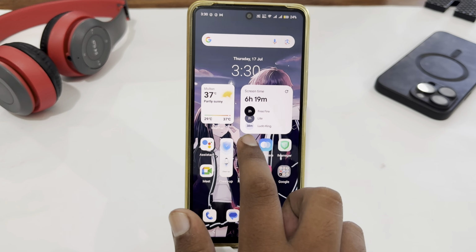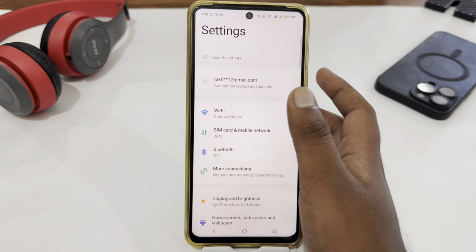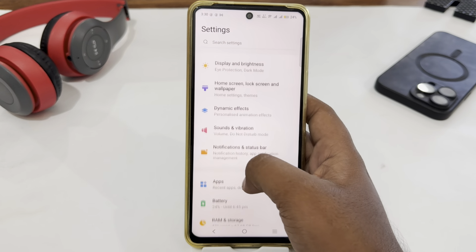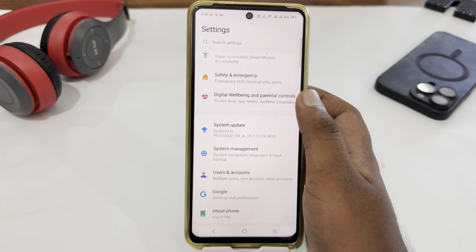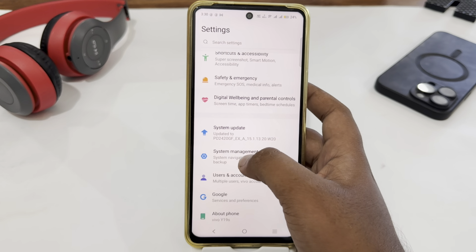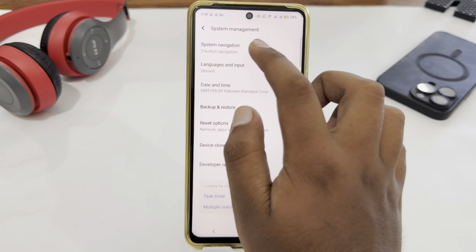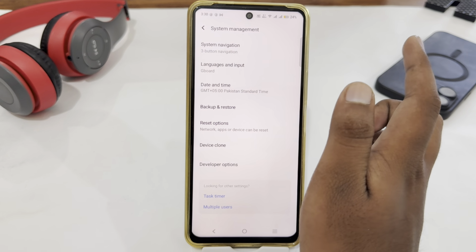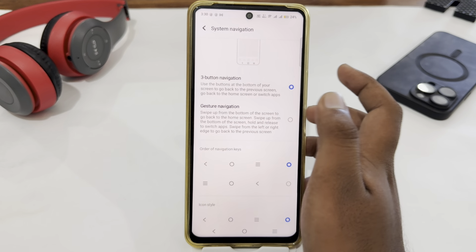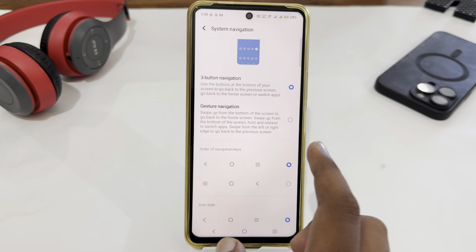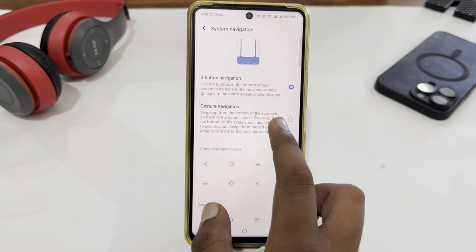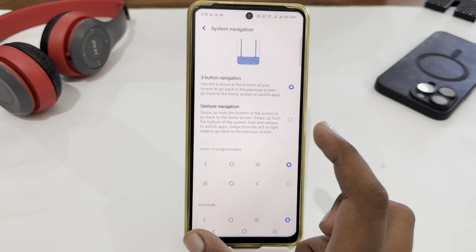You must open Settings. In Settings, just look for System or System Management. Here's System Management, just select it, and here you will get System Navigation. Select it. If you want to use gesture navigation, you can easily select it, but I'm going to customize the